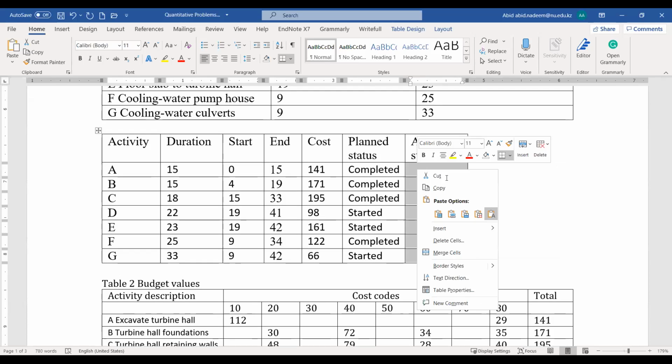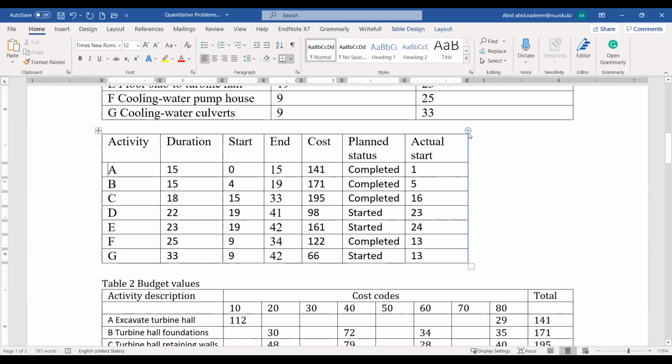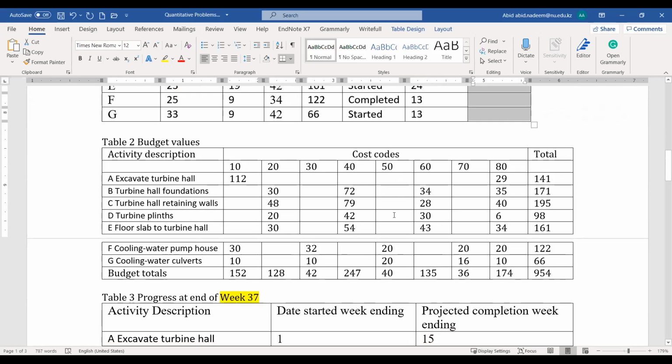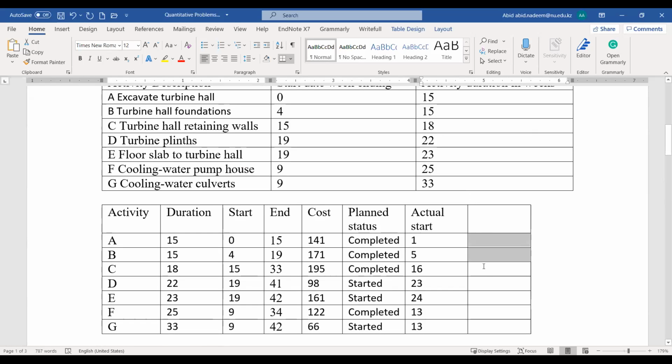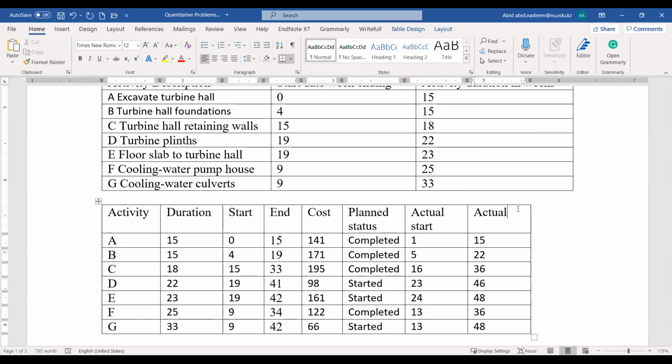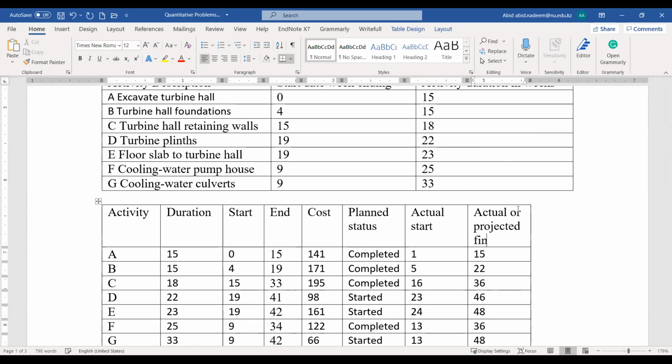So we can add it over here, and actual or projected finish. So actual or projected finish. Okay, so now based on this, actual status is